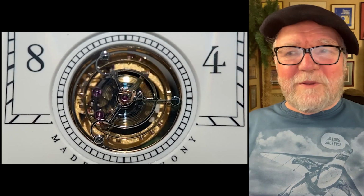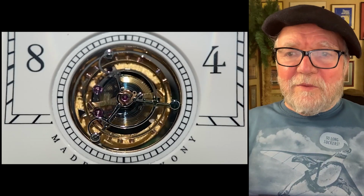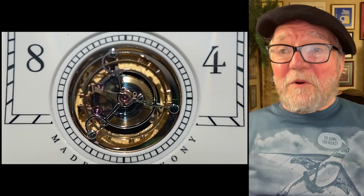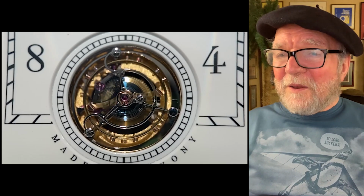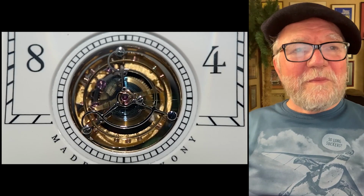And to put it in a watch like this, on the one hand, you can see all of the basic elements of the movement, from the center wheel to the last wheel. I don't know what happened to the escapement and those parts of it, but this is an amazing, really beautiful